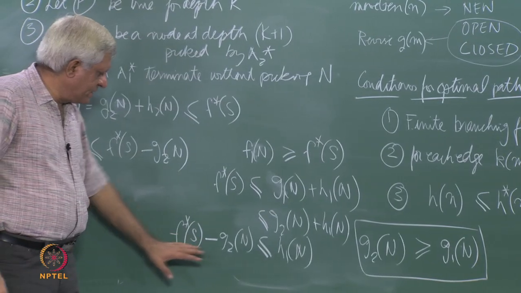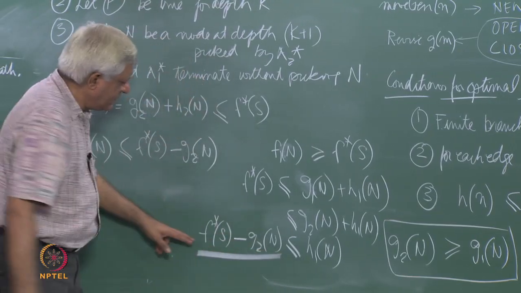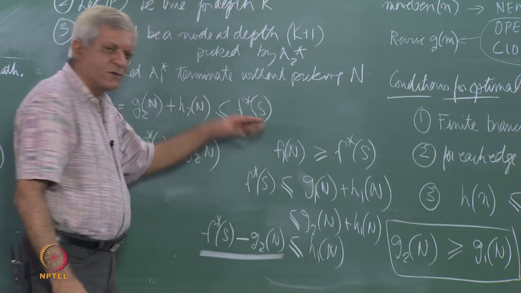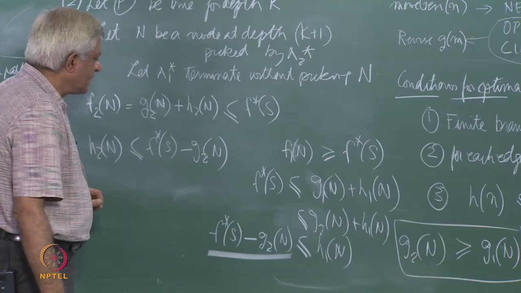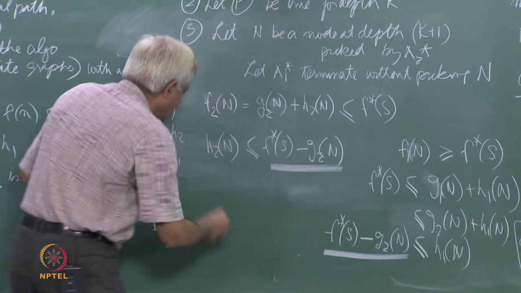I just brought g2 onto the left hand side and rewritten this statement here. N is that node which A1 did not pick, and that is why we could write this inequality. Here we have said the same thing, that this is less than this, and therefore,